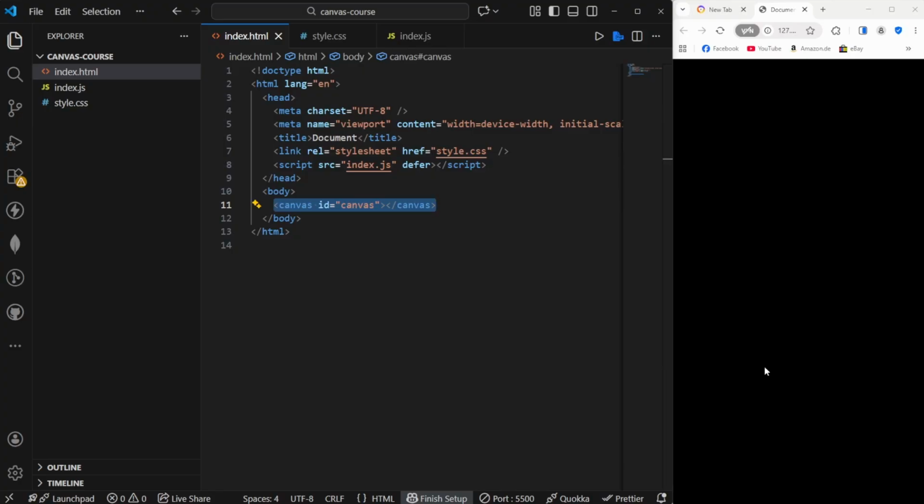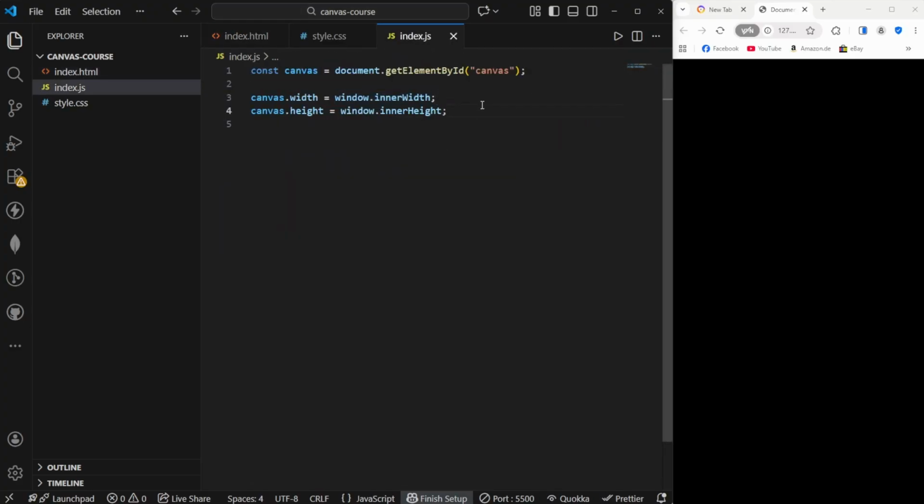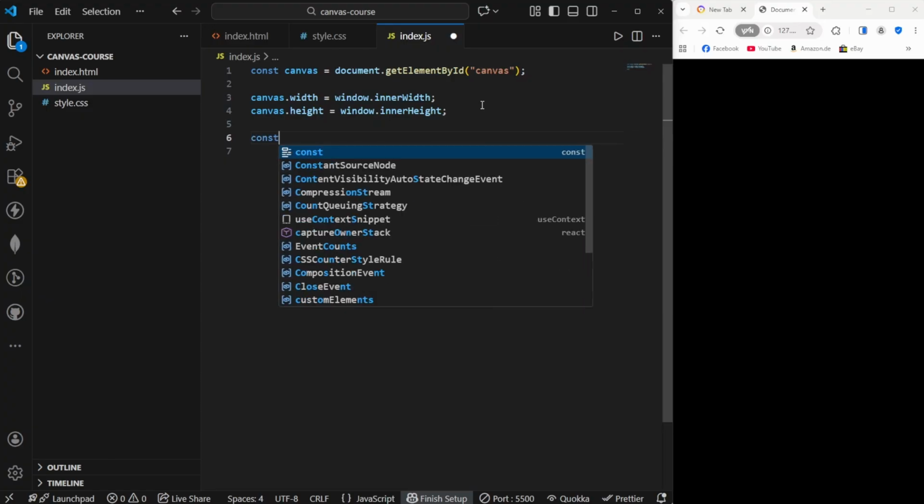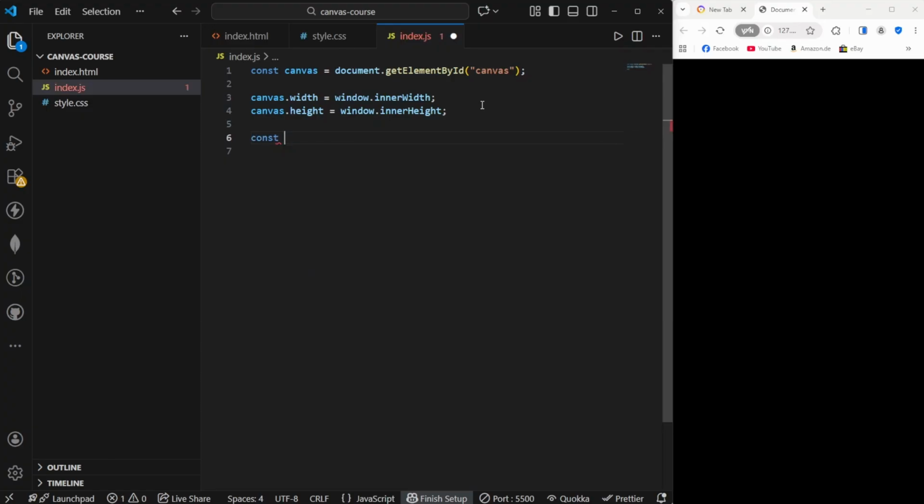And now we can draw something on our canvas. So we can draw rectangles, circles, and so on. But first of all, in order to draw something, we need to create an object, a context object. So I can say a variable const, and the name is up to you. I like to call it ctx for context. This is going to be equal to